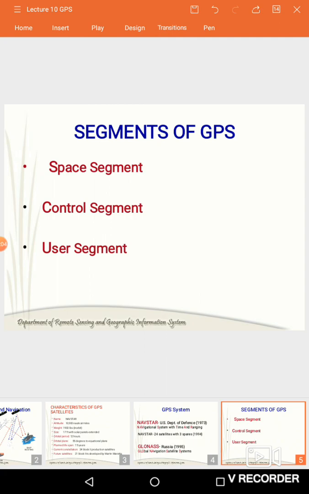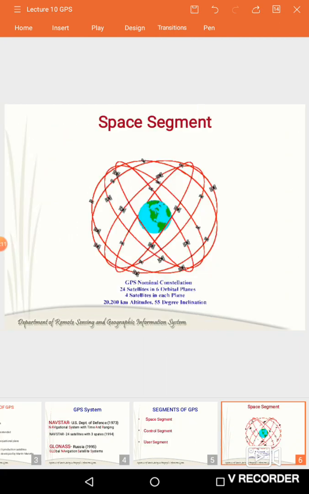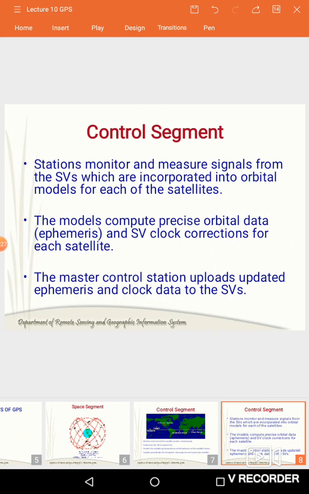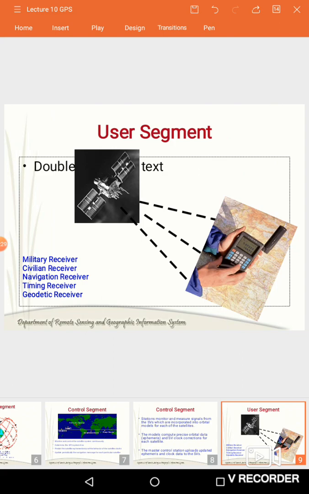And in this global navigation system we have three main segments. First one is the space segment, which comprises of satellites, and second one we have the control system, that is nothing but the ground segment for operating. There we have the operations of systems, and also positioning is undergone. And third one we have the user segment. This includes the global navigation satellite system receiver providing positioning, velocity and precise timing to the users.